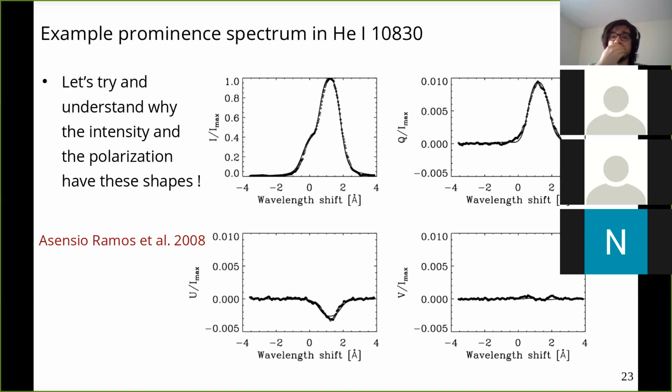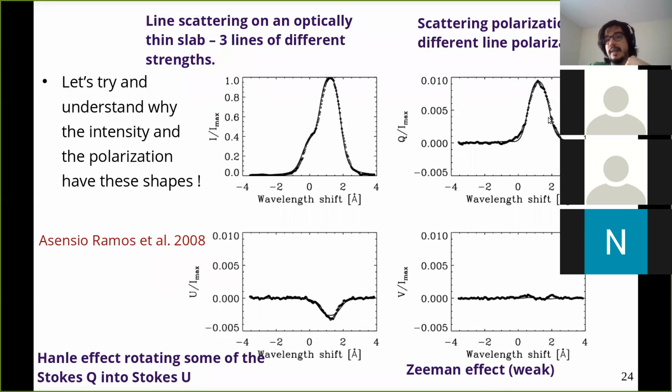So what we have here then is the Stokes Q and U, which look the way we would expect them. Note that polarization, which corresponds to the blue component, is almost gone, right? We almost don't see it, but we see some polarization of the Stokes Q. And the reason why this is almost gone is that this intrinsic polarizability that I talked about earlier is different for the blue and for the red component. Okay,